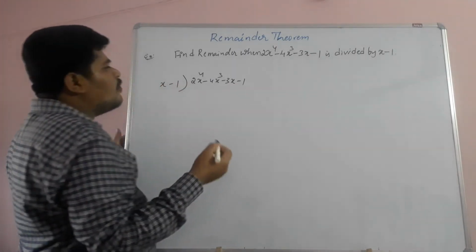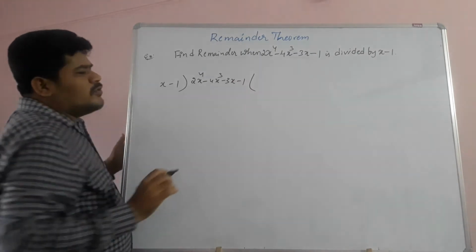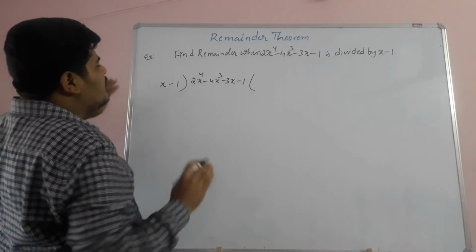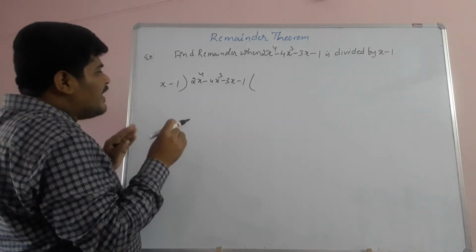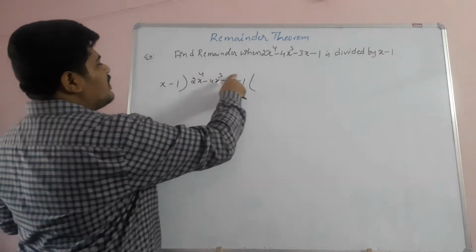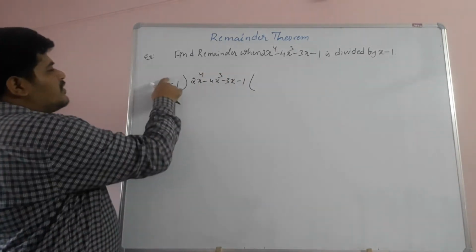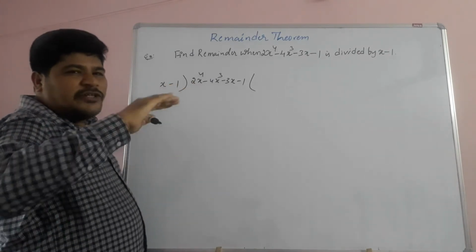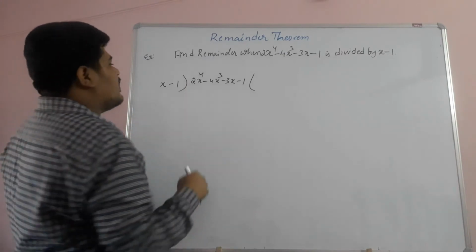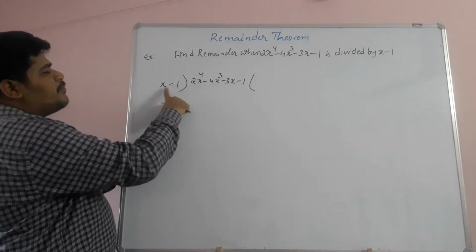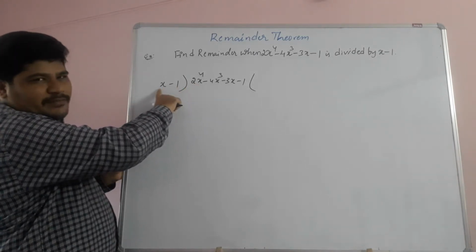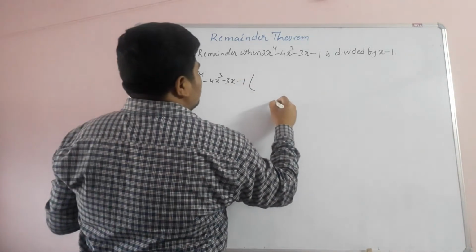Okay, so children, how to do the division? First, divisor and dividend, both we have to write in descending order with respect to degrees. So power 4, power 3, power 1 and constant. So first degree and negative one is constant. With respect to degrees, we have to arrange them in descending order, big to small. Now see here, first term by first term. First term in dividend by first term in divisor. Okay, so what is that?